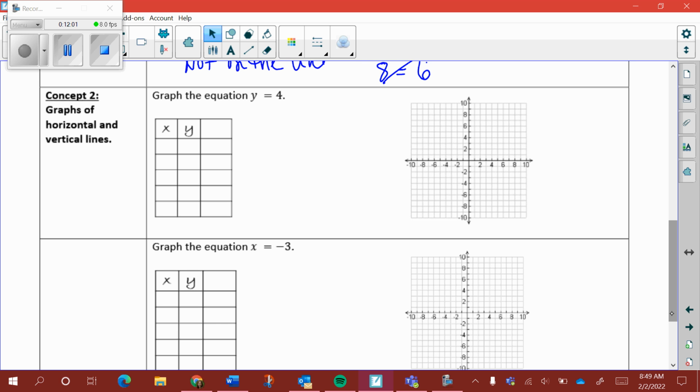Now we're going to be graphing. Yes, on Monday, actually, we went through and we did vertical and horizontal lines. Remember, I told you if there's only one variable, it's special. So this one has only one variable, and it's y equals 4. So that means that it's going to cross